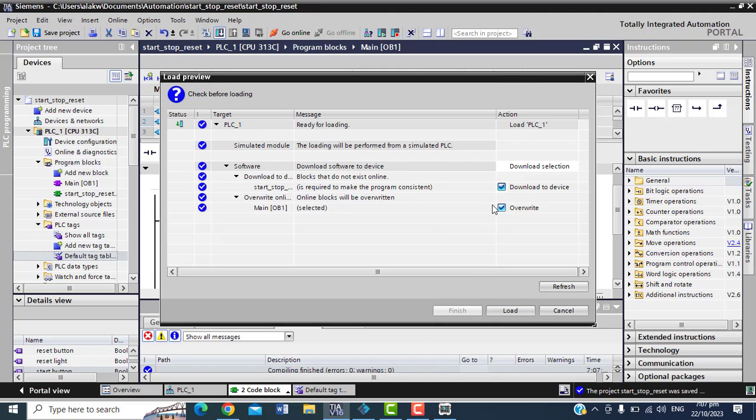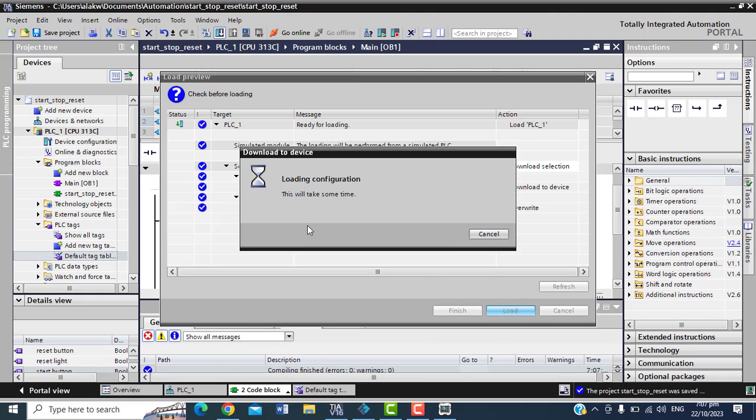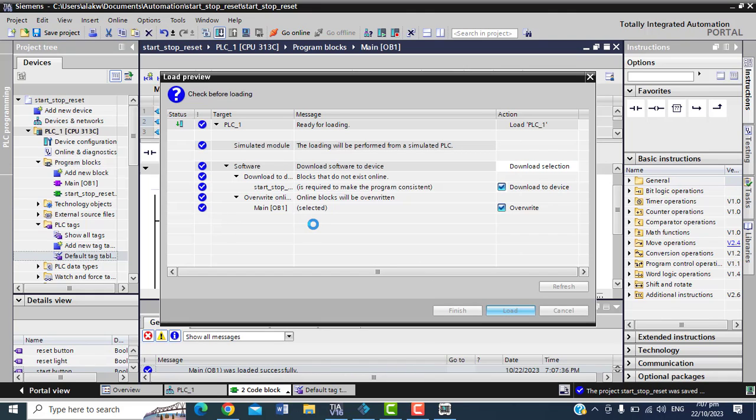So I'll check this one, download to device. Of course, I want to download to the device. So I'm making overrides on what was there before, in case they are the same.